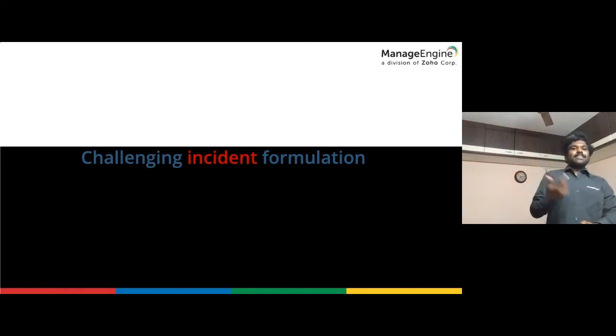Again, like I said, the biggest challenge is going to be the incident formation, where you never know whether you should be constantly scrubbing your past data to see if there are any current incidents. There can be some incidents that happen really slowly, over a period of 2 weeks. Your response time will not have a drastic increase at all, but it will increase by 0.1 every day, and by the end of the third week, it comes to something unacceptable. It inches very slowly. And then sometimes there can be events that happen in seconds. In 2 seconds, your response time shoots from 2 milliseconds to 200 milliseconds, and your system is gone dead.